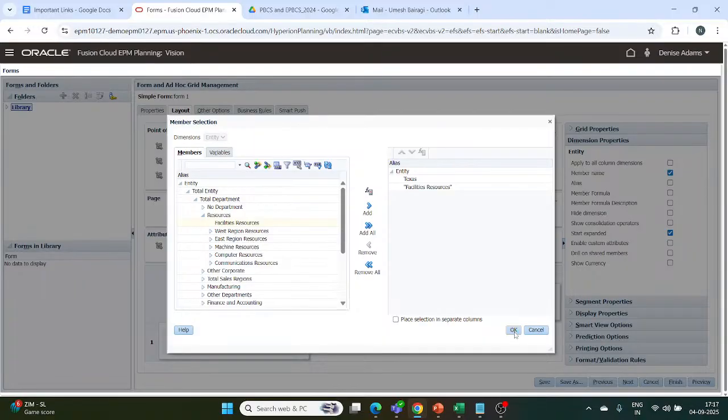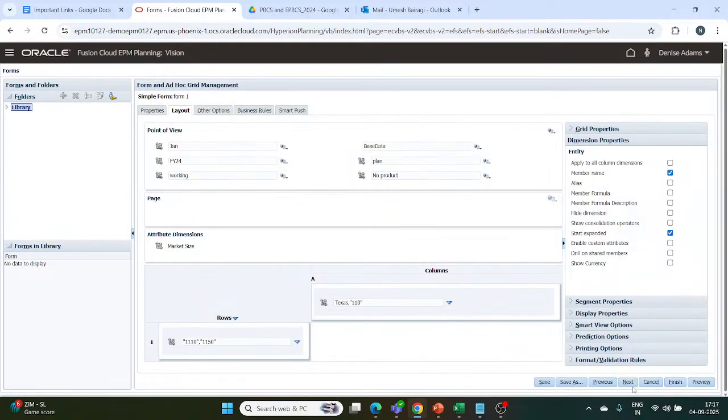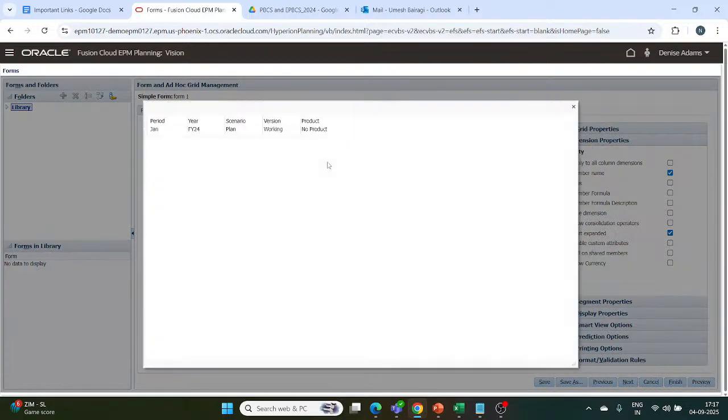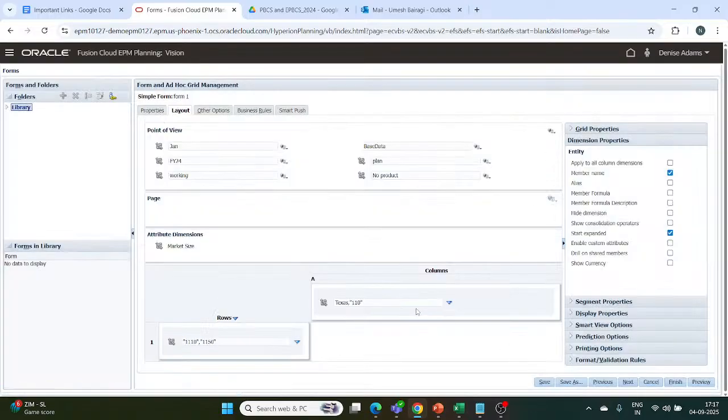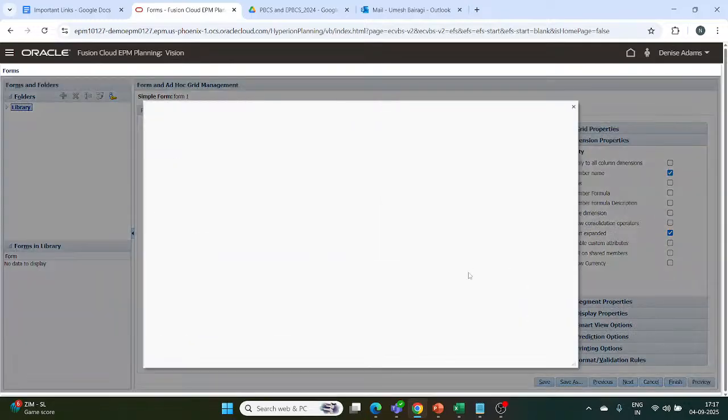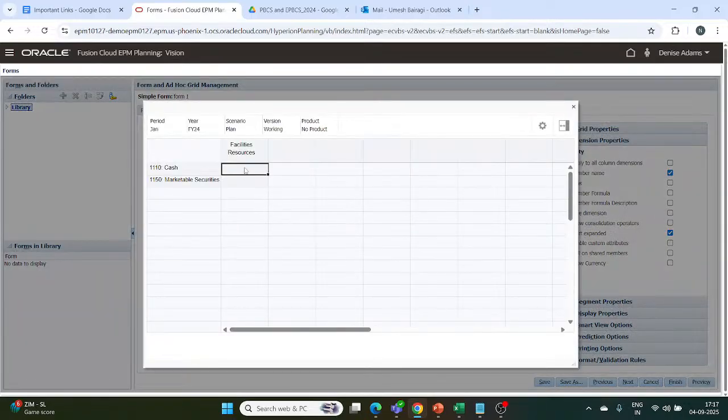Here we will click on OK. Yeah, so when I click on preview, we have to remove the Texas. So we have removed the Texas, and now we can see